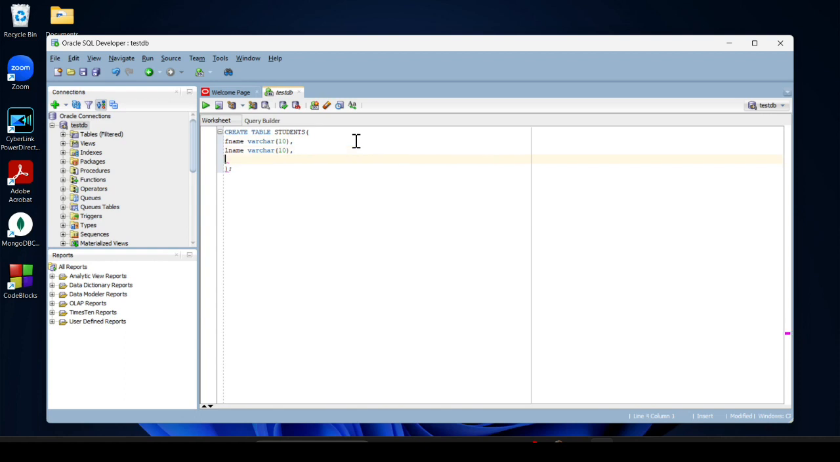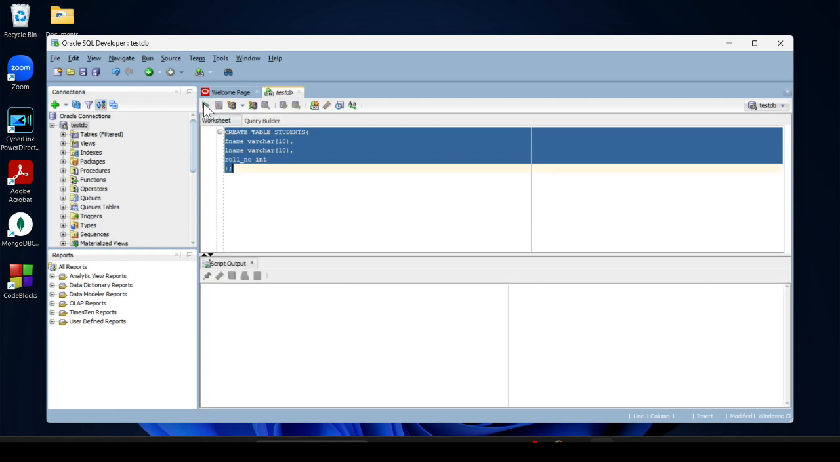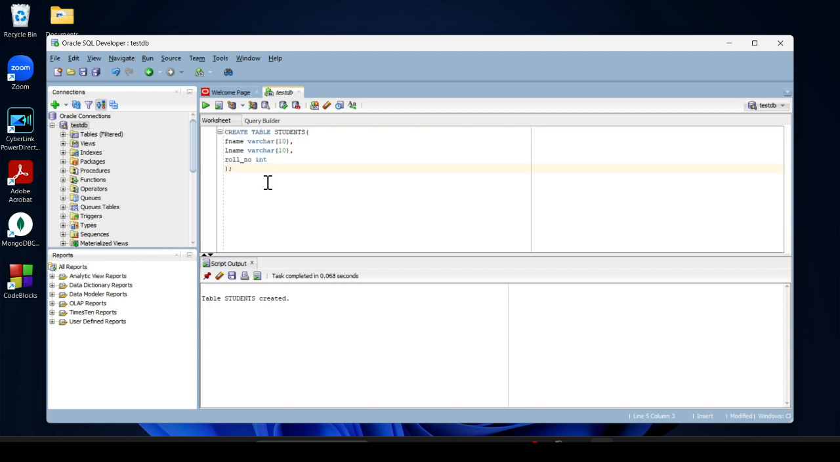And after that I provide roll underscore number, and then I provide integer int. And after that we don't need to provide anything else. We have to just select this all and then press the run button. You can see our first table is created, and similarly you can